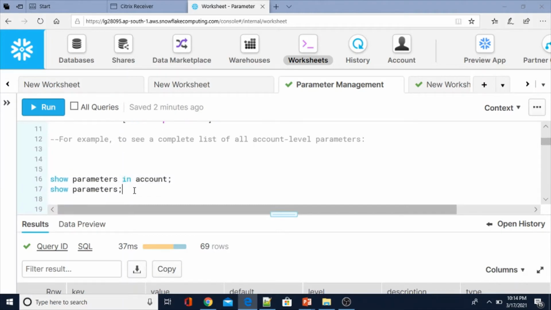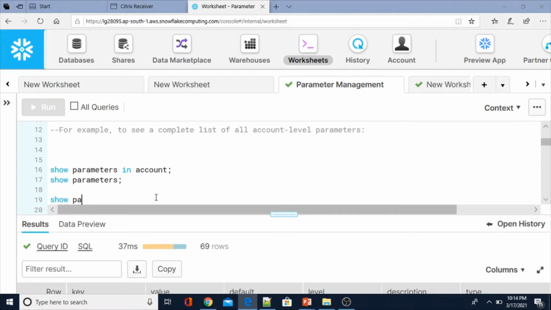Now pattern based. So show parameters like, I will see the time. I know there are date related parameters, a few are there. I want to see those parameters at my account level.